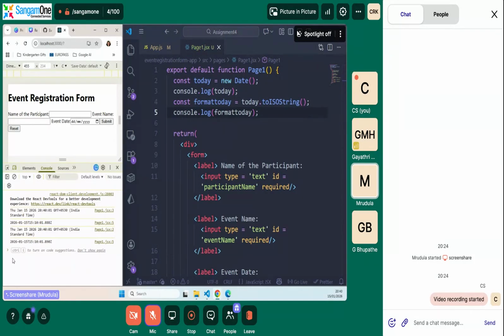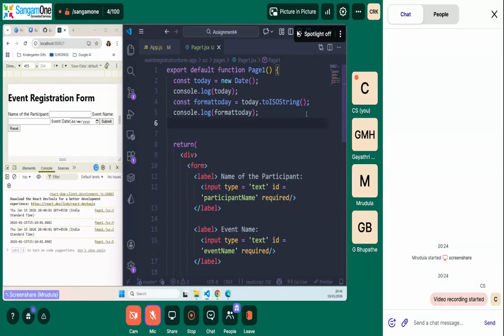See, here you can see it is in the format of digits. 2026 01 15. It still has time. See, T is for time, beginning of time. So we have date as well as time. But we do not need time, correct? See, here if you still see, it will still accept that. So now what we are going to do is,